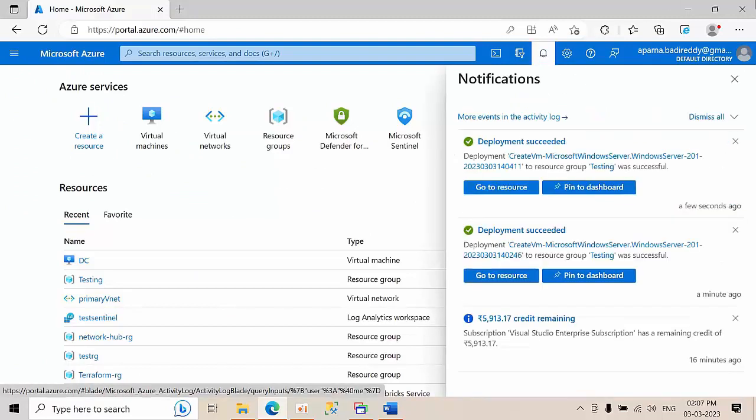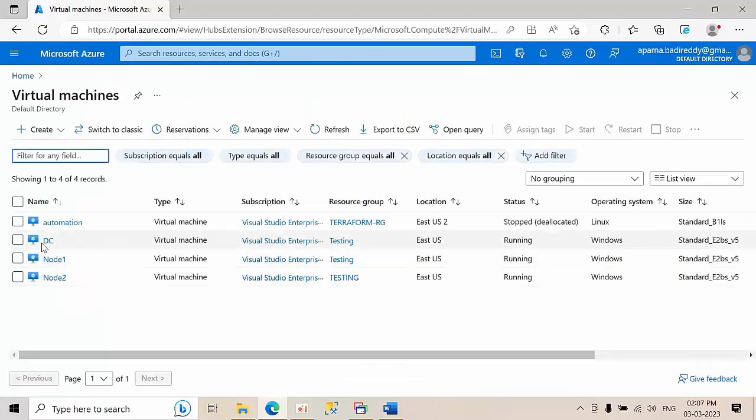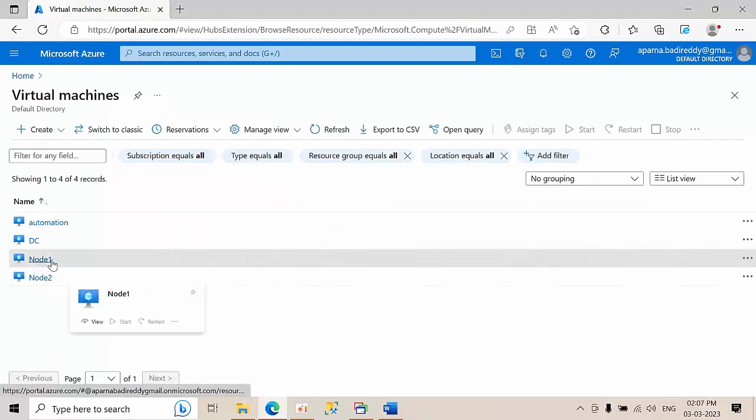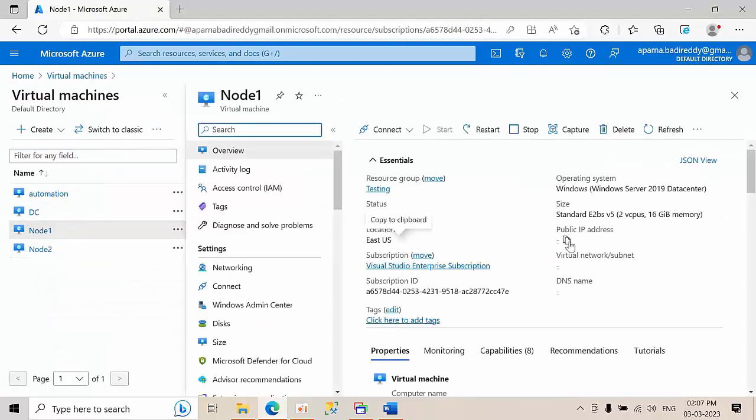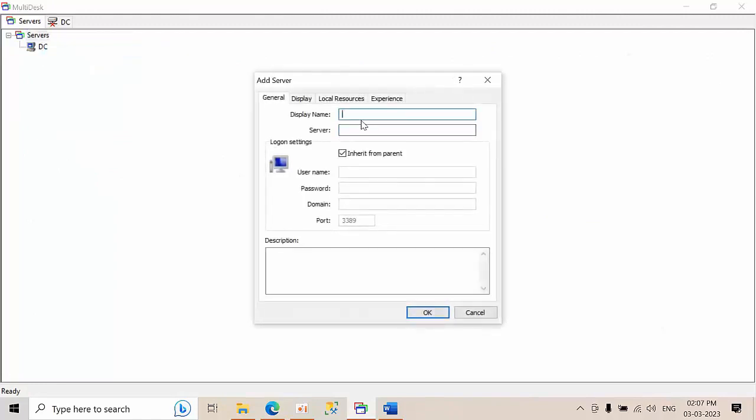So Node2 VM creation has been completed. So click dismiss all. Go to virtual machines. So I am having DC and Node1 and Node2. So click on Node1, copy the public IP address, go to open multi-disk, click on servers. Okay, come here, add server. Type here Node1. Okay, paste that IP, give the SQL admin,